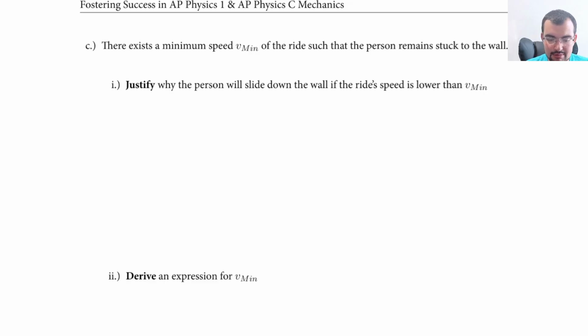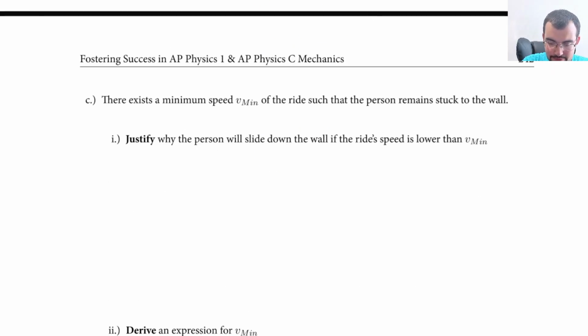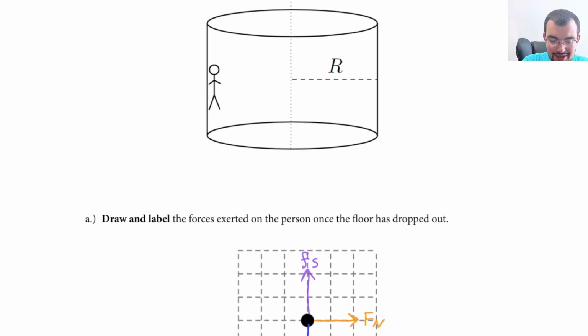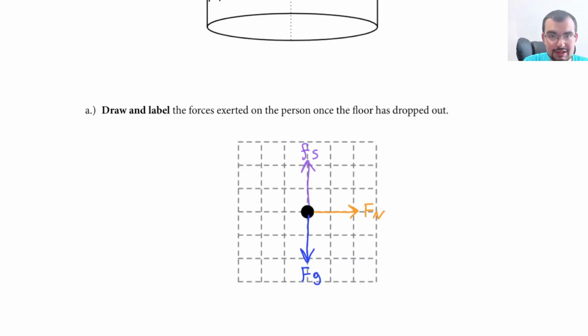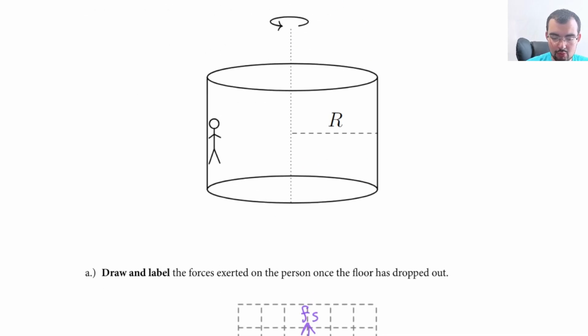There exists a minimum speed, V min, of the ride, such that the person remains stuck to the wall. So, why is it the case that if the ride moves too slow, the person won't get stuck to the wall? Well, why are they stuck to the wall? They're stuck to the wall because of static friction. And static friction is less than or equal to the static friction coefficient times normal force. So, this normal force, which is the wall pushing the rider,